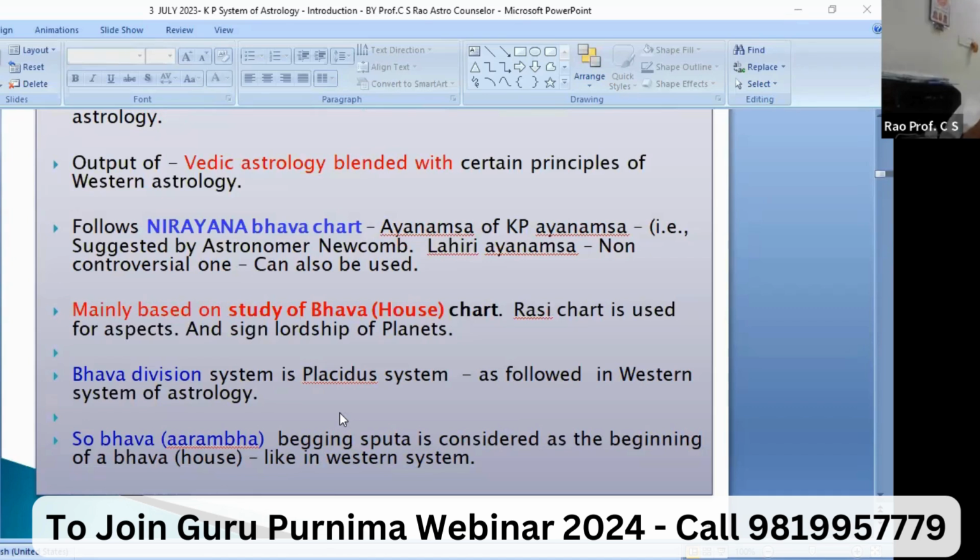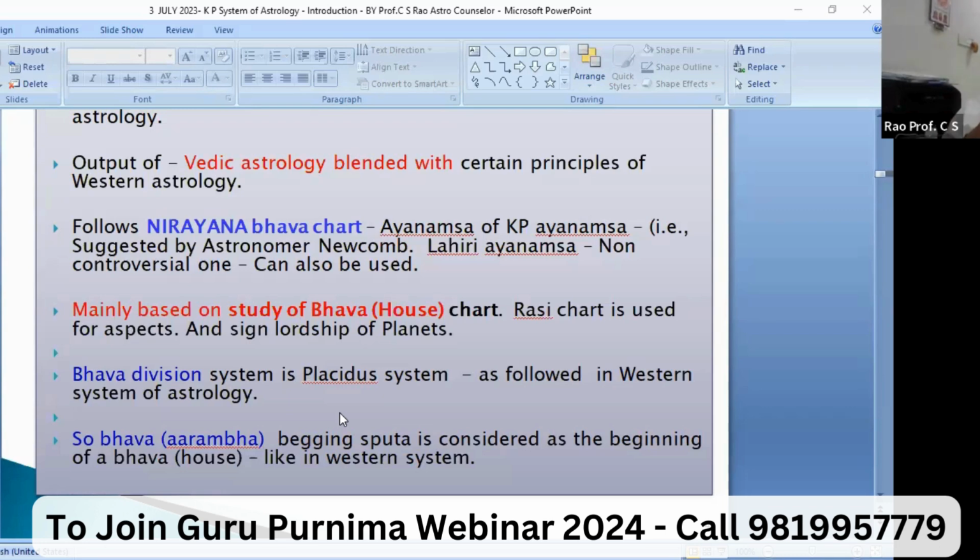So suppose a Bhava started from Aries 20 degrees, it spreads up to Taurus around 19, 20, 21 degrees like that. So within that, what are the planets available? Some planets may be in Aries, some planets may be in Taurus. So the background is Taurus Rashi for one planet, and the background is Aries Rashi for another. So Bhava Sputa is the